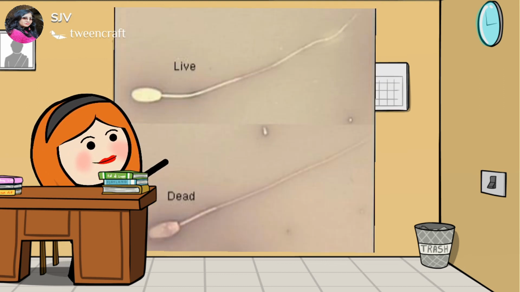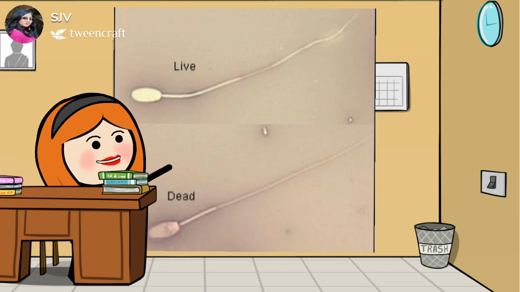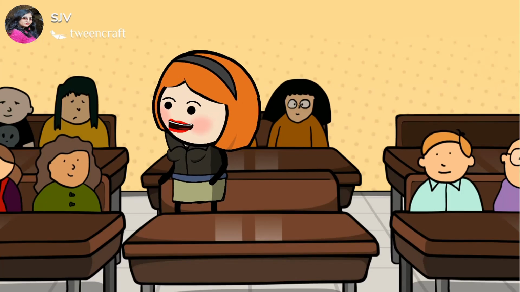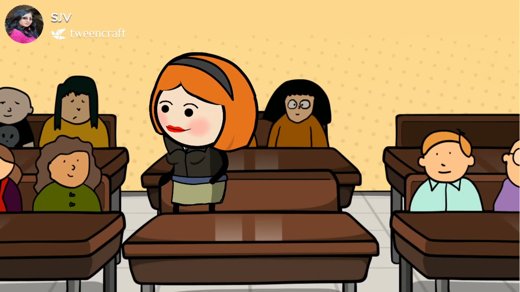If you see in the picture here, you will be able to notice that the stain produces a dark background on which the sperm appears as light colored. Also, the normal live sperm does not have the stain and appears as white in color, whereas the dead sperm appears pinkish in color as it takes up the eosin stain. This way, we can easily differentiate a live sperm and a dead sperm. So this was all about the structure of the human sperm.